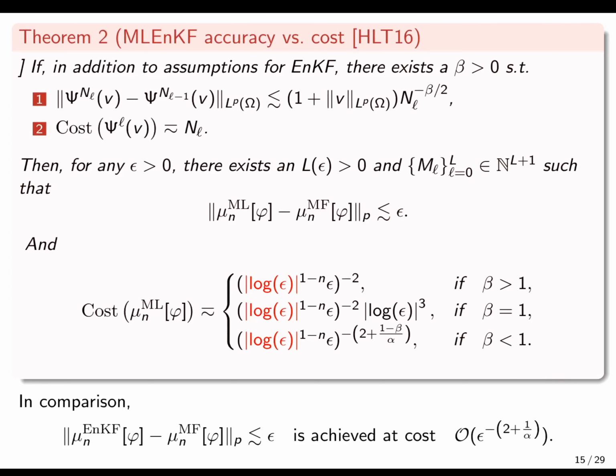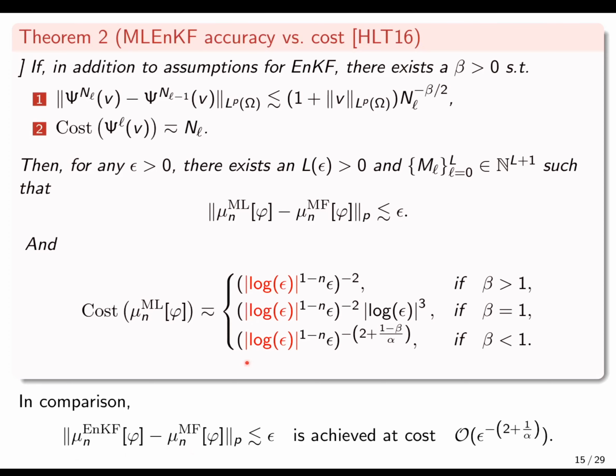And the point here being, you can study it perhaps in more detail yourself, that the cost very explicitly relates to this parameter beta. So beta itself relates to what is classically the variance decay parameter in multilevel Monte Carlo. And the second point here, I guess, is that if you look at the cost there, even in the worst case setting where beta is not so large, it turns out to be an asymptotic improvement of the cost estimate you would have for the EnKF method.